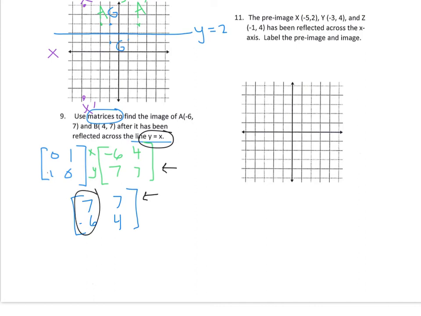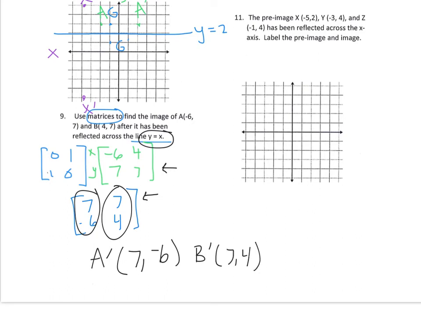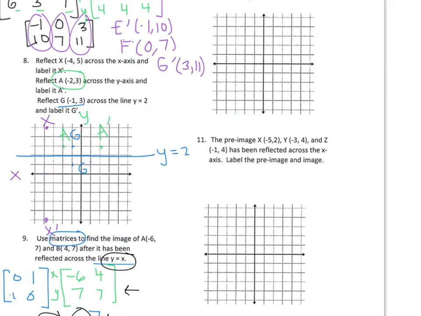So then at the end, don't forget to write your ordered pairs. A prime is 7, negative 6. And B prime is 4, 7, or 7, 4. And then number 10,